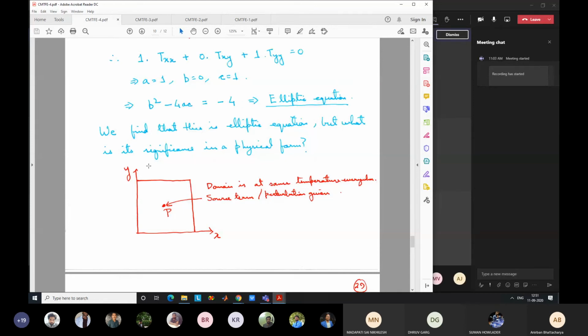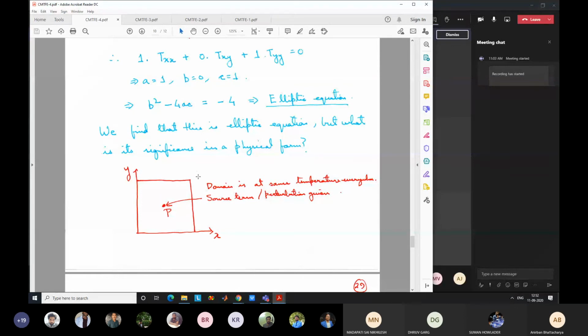I don't know what is the speed of sound in water, maybe 1500 meters per second or something like that. So it will take many seconds for the information to reach the other end, if it's a frictionless pipe. So this is the analogy. We have digressed a lot, but I wanted to, because so many people get confused when I say that in Fourier heat conduction, the information travels instantaneously. They say, but heat takes some time to heat the other end.